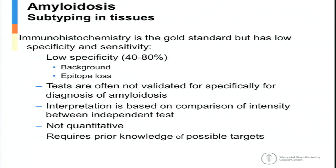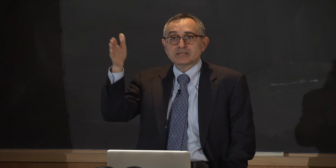Essentially, these are individual tests. If you develop an immunohistochemistry test, you are developing a kappa test and a lambda test. They are independent tests, so the result of kappa does not affect the result of lambda. It's not like a multiplex test where they are competing with each other. But we interpreted these things as a single test. So we look at whether kappa is more than lambda, then decide that the patient has lambda or TTR. There is a fundamental failure to understand the flow in the test development and validation processes in immunohistochemistry,